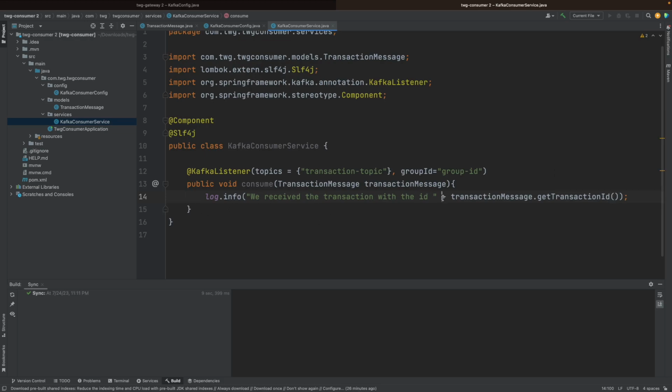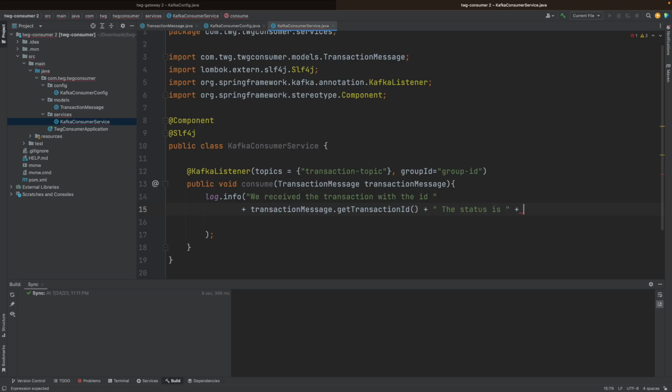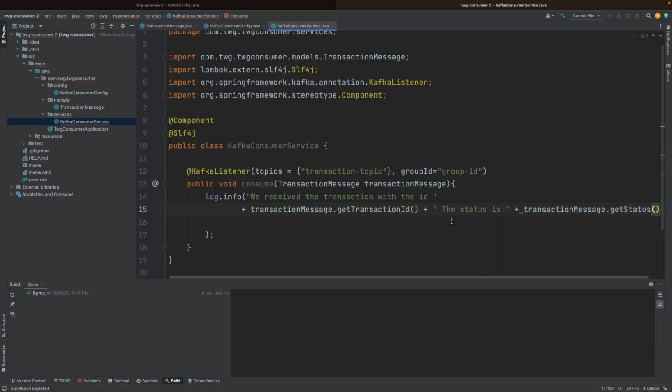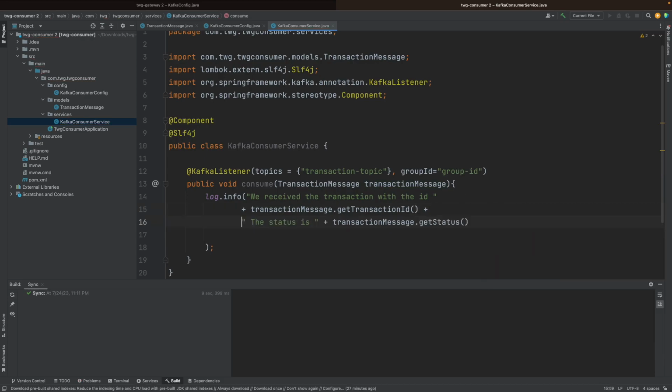And honestly, this is going to get pretty long, so let me just put that on a new line as well, and actually do another append. I want to get the status as well. The status is, and I'm going to append that. There's a whole nicer way to format this, but this is getting pretty long, so I'm going to make this a little bit filthy. So I'm going to get the status, put that on a new line as well, just so we can get some eyes on it, that we know that we consumed it properly, and it's a nice way of